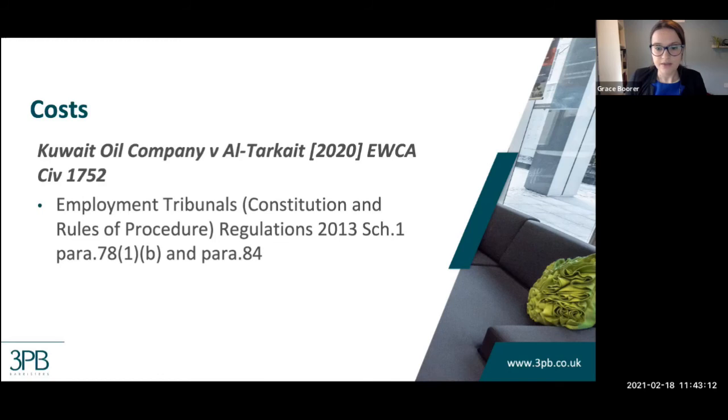So the facts of this case briefly are as follows. The claimant brought an unfair dismissal claim amongst various other claims. Only his unfair dismissal claim succeeded. He was awarded compensation by the tribunal, but that was reduced significantly due to contributory conduct and Polkey deduction findings. In this case, rival costs applications were made by both parties due to the way that the hearing was conducted, and the tribunal considered that both of those applications should succeed.